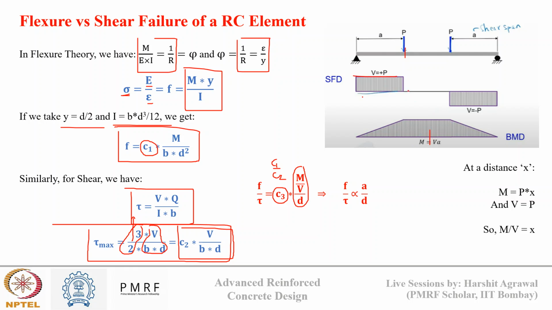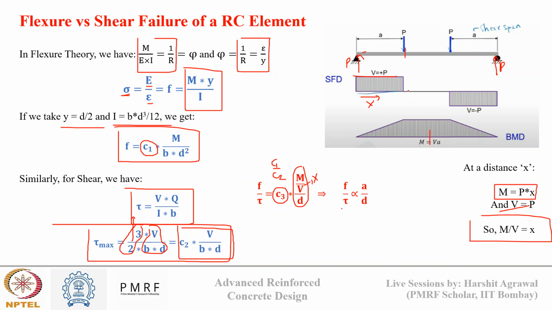At any distance x from one of the supports, we can write the equation of M as P into x, because when we balance forces it will be P. So M will be nothing but P times x, and shear force will be V. So the M by V ratio will be equal to x, the distance from the support. If I replace this by x, or in general by any distance a,